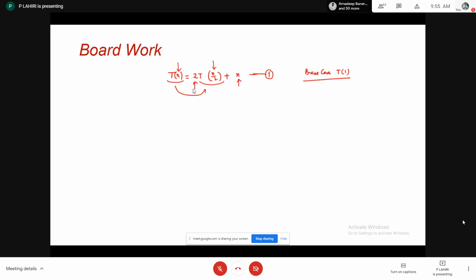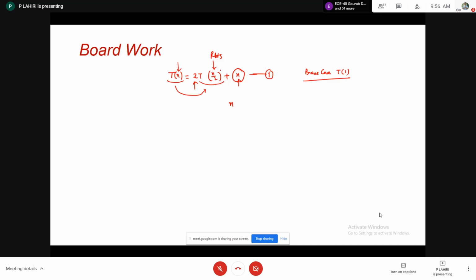Then your next question will be, sir, if you have a plan to represent the problem in the form of a tree, then who will be the root of the tree? The root of the tree will be: you come to the right hand side of the expression and identify the term without t, the t-less term. Which term in the right hand side of the expression is without t? N. So in this case, n will be the root.